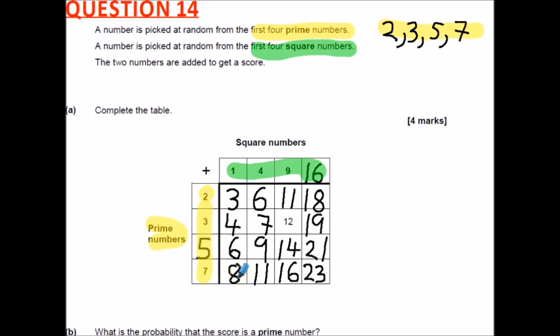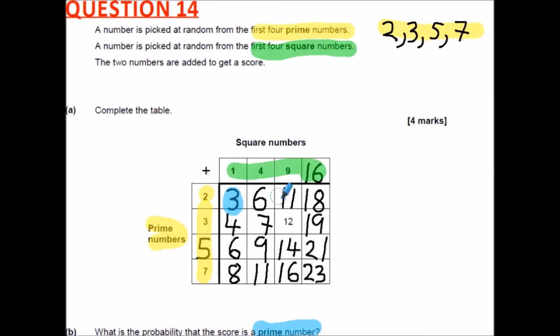Part B, it then says what's the probability that the score is a prime number. So what we've done here is a probability space working out all the possible combinations of scores. And so what we're after now is working out which ones of the possible scores are themselves a prime number when they're added together. So the first prime number from the list of 16 we've created, 3 is a prime